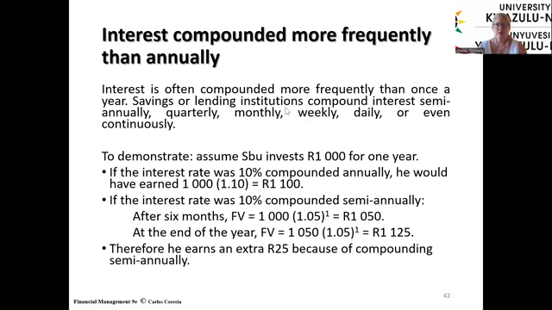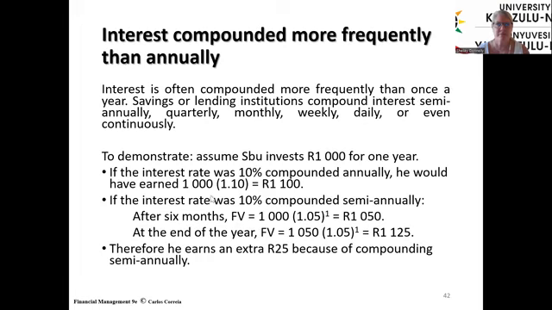Good. Okay, so interest compounded more frequently than annually. This happens often. So when you're quoted a rate by a bank, it's always going to be an annual rate, but you have to find out how many times a year they're going to compound interest. Similarly, if you're offered an investment rate, you need to ask the same question, because it might turn out that you're in fact paying or earning something very different from that quoted rate, depending on the frequency of how often